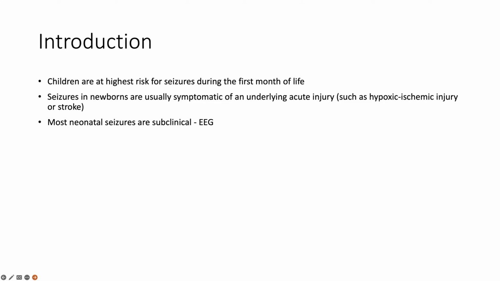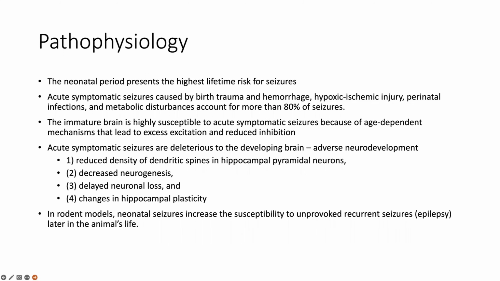Most neonatal seizures are subclinical. That is another fact which you have to bear in mind, because most seizures which we see clinically means that we are missing lots of seizures which are subclinical. They can be picked up only on the EEG. It is said that up to 50% of seizures in the neonatal period due to acute symptomatic causes, including hypoxic ischemic encephalopathy, which is the most common cause, are subclinical, hence an EEG is required for diagnosis. So with this introduction, let's move into the pathophysiology of neonatal seizures.